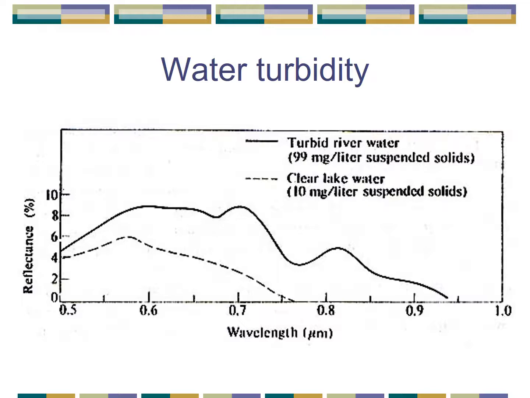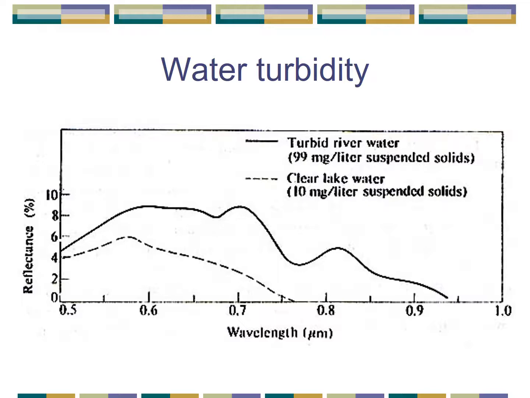The reason is, without anything in the water to interfere, and as long as you're not up where the water absorption bands are, that energy is going to be transmitted through the water. But the things that are suspended, the suspended solids, are, importantly, going to either absorb